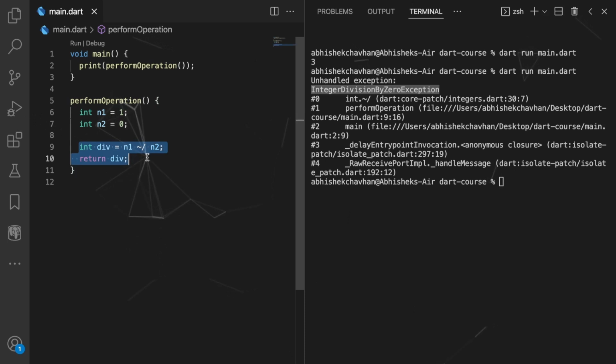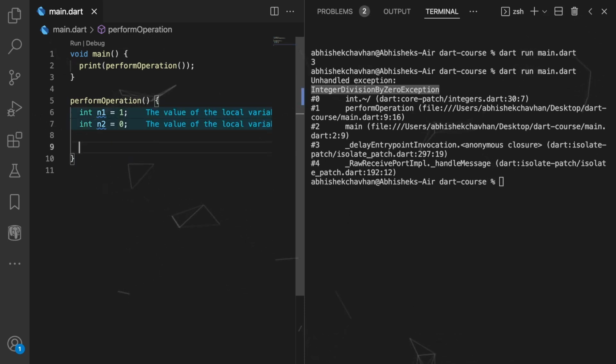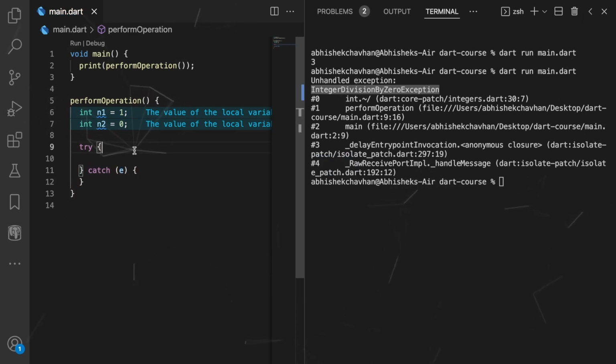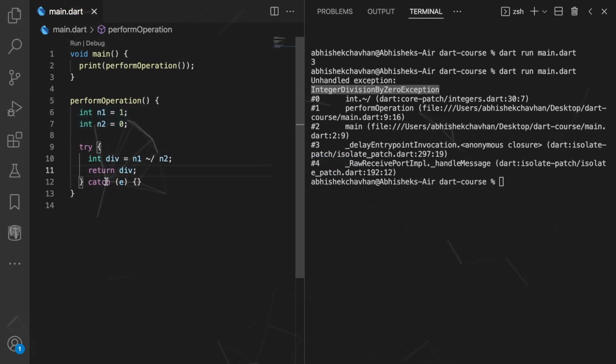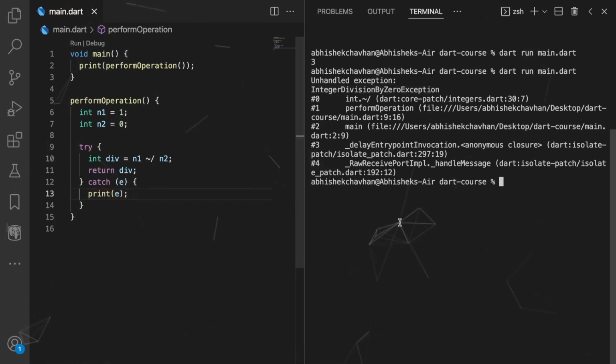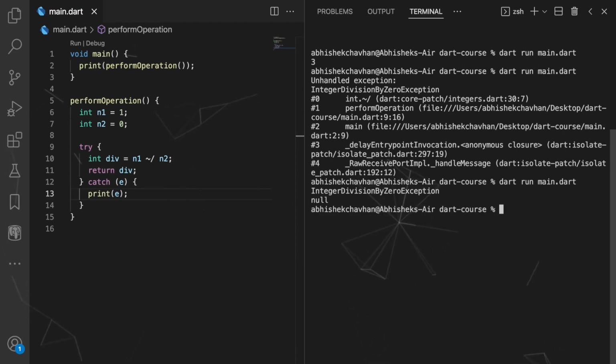So ideally what we should do is add a try and catch block. Under the try catch block, it will execute our entire thing and it will catch some errors. So now I'll simply say print e, right? Now if I carry out this thing, you can see you won't be getting this type of warning, but a clean little message, right?